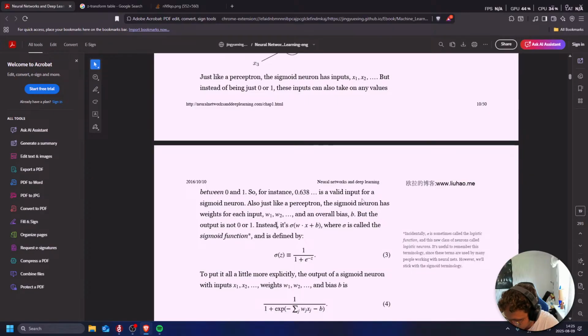Where the sigma, which I cannot write at all, is called the sigmoid function. Alright. And it is defined by